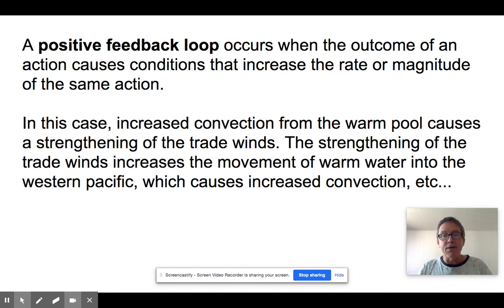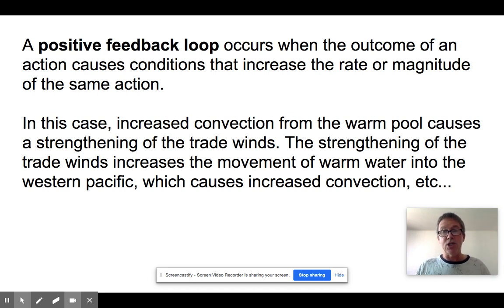So take a fire, okay? I have a forest fire. A small piece of wood gets hot. But when it gets hot, it causes the temperature to go up around it, which causes more flames to occur. Well, that causes convection, which brings in more oxygen, which causes the fire to grow faster, which brings in more air and more heat. That's a positive feedback loop. So a forest fire is a good example of that.